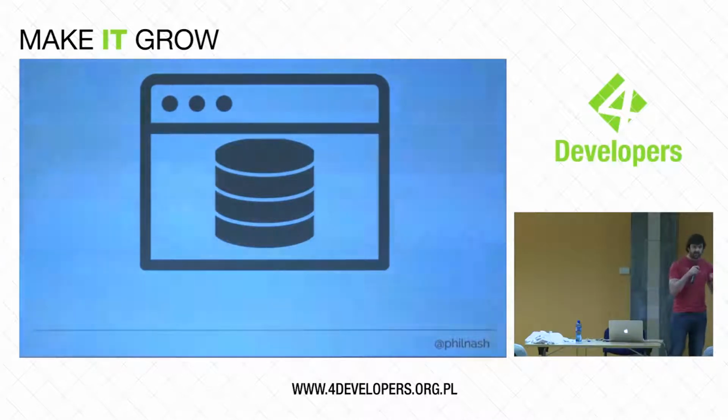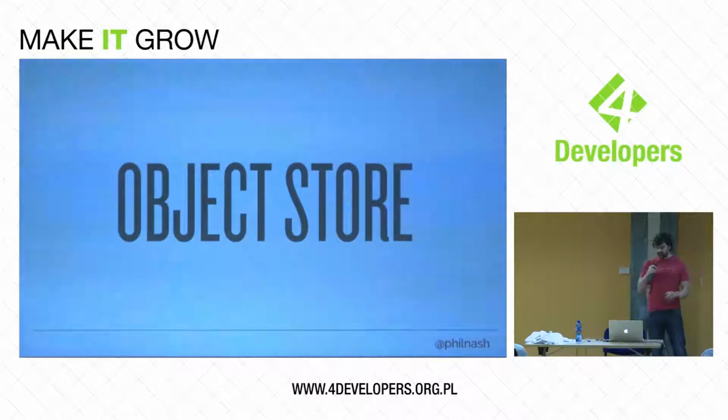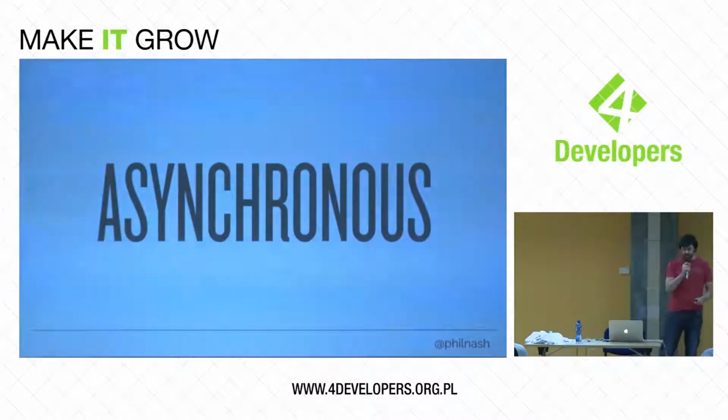And so local storage just doesn't work for that and is not available within either service workers or normal web workers. It is an object store, so you can put JavaScript objects inside it. You don't have to stringify things to JSON like you would with local storage, so that's a good thing. It's asynchronous, so that it does work with our service workers, which is good as well.